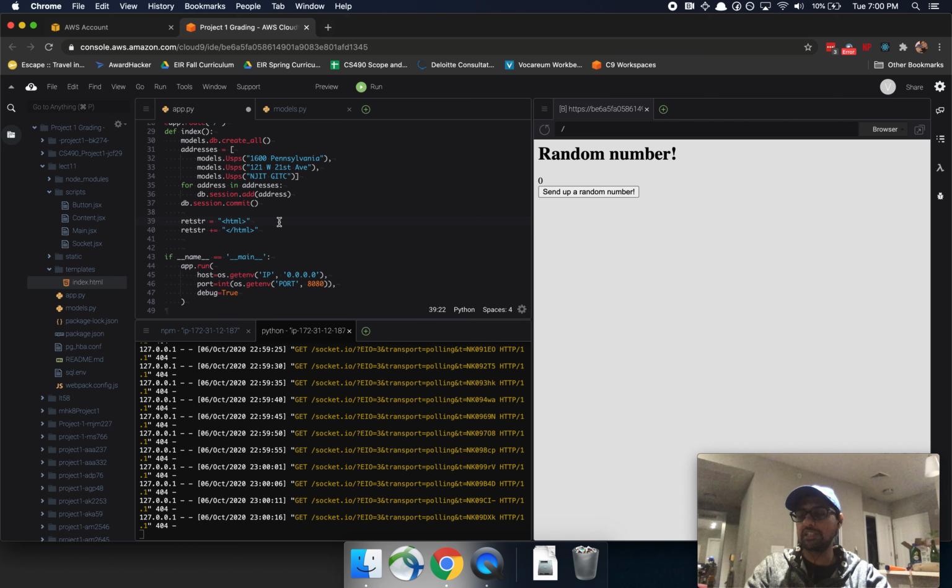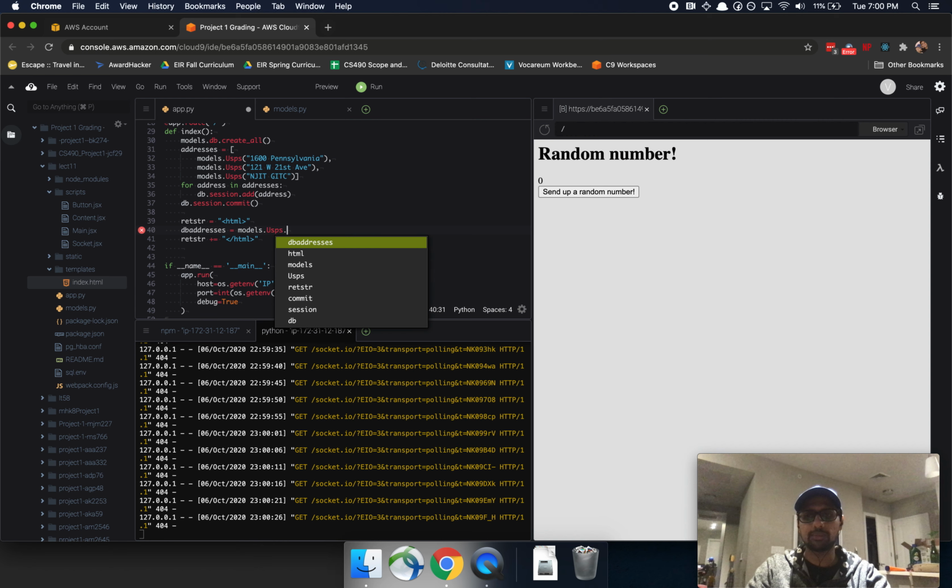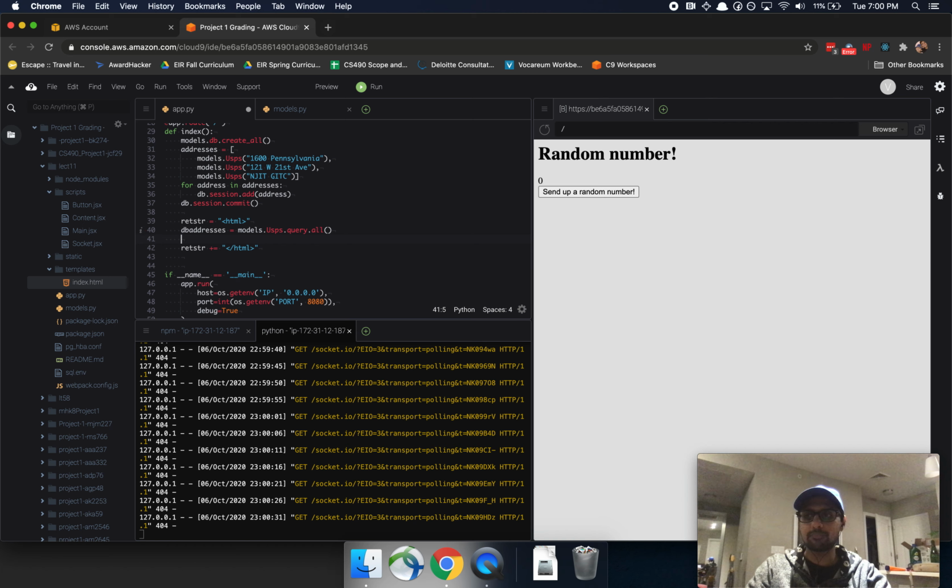we're just going to actually want to use our different objects that we've created. So the way that we're going to do that is let's get all the addresses from the DB. So let's say DB addresses equals models.usps.query.all. And then basically within this, we're just going to say for DB address in DB addresses, what we're going to do is basically say